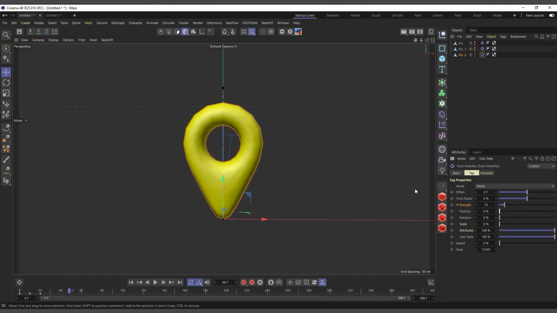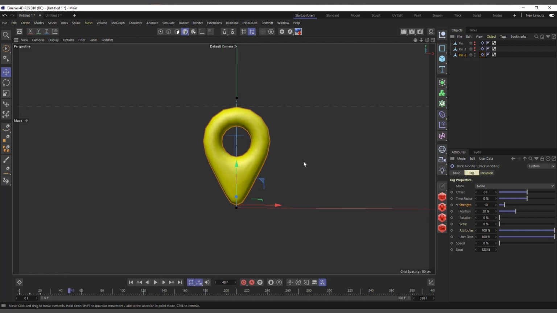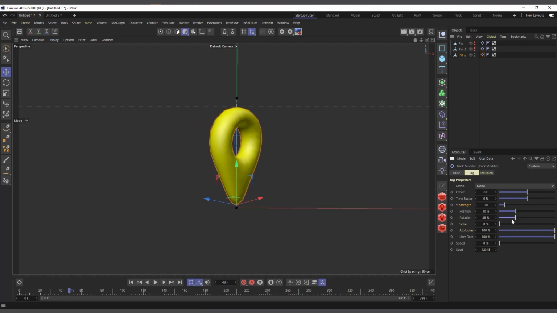So what the noise mode basically does is that it adds imperfection. It makes your animation imperfect, adding a little bit of deviation so that it wouldn't land the way it's supposed to, or with anything, right? So that's what the strength basically affects: the position, scale, and rotation down here.